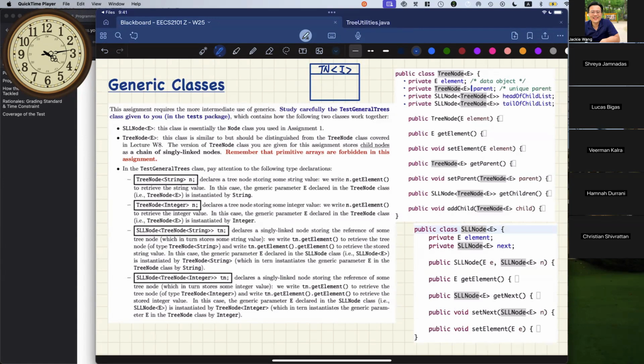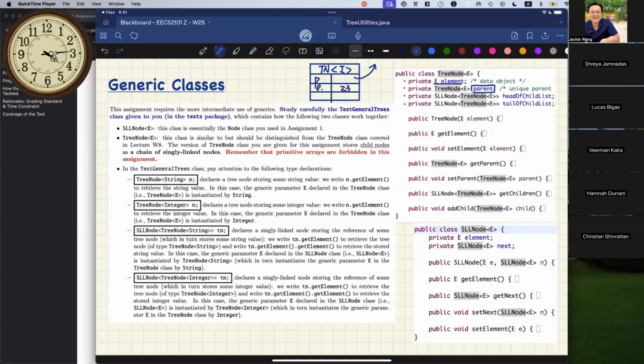Number one, we've got the parent, which you can think about visually as pointing upwards to the parent of the node. Of course, if the node itself is already the root, then the parent will just be null. And we've also got the element over here. That's the data, which may be storing some integer, for example, 23.